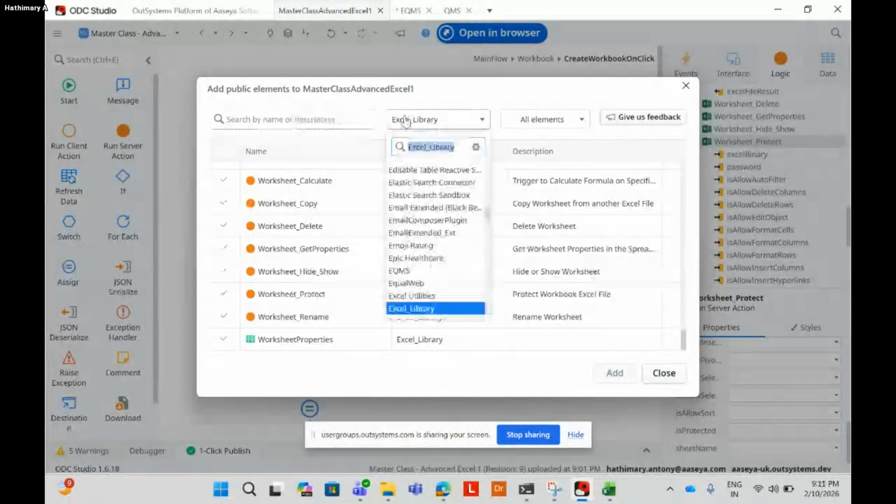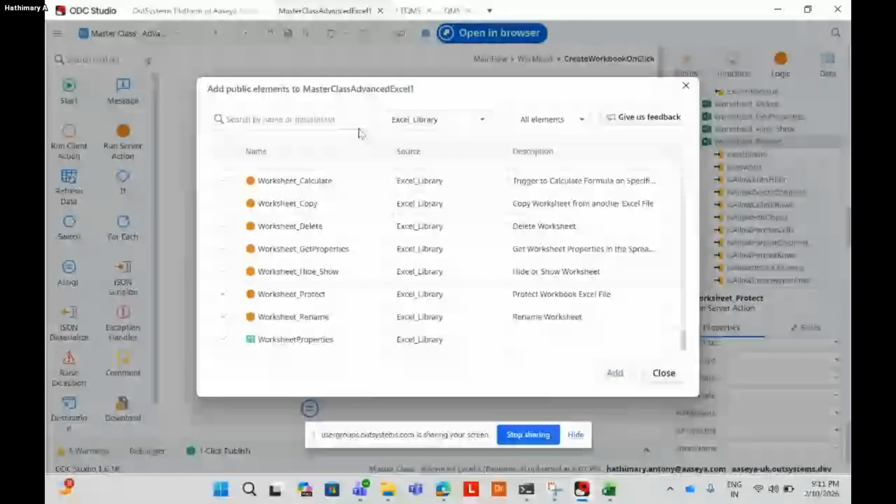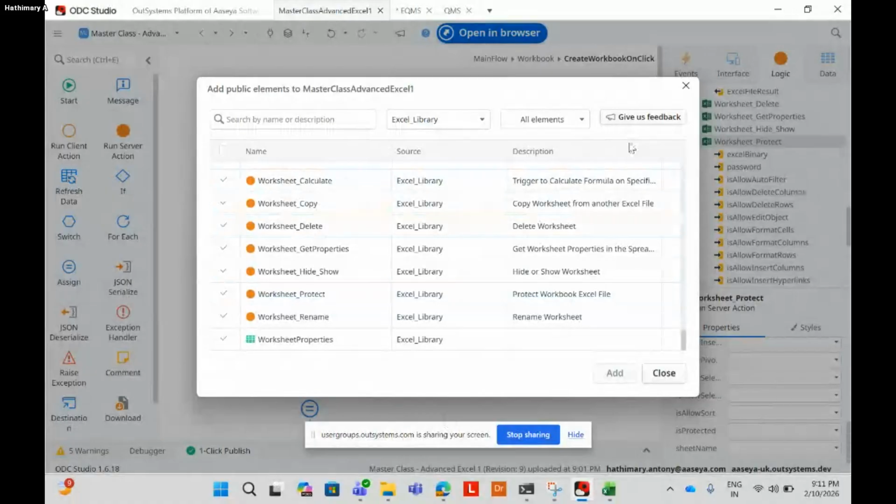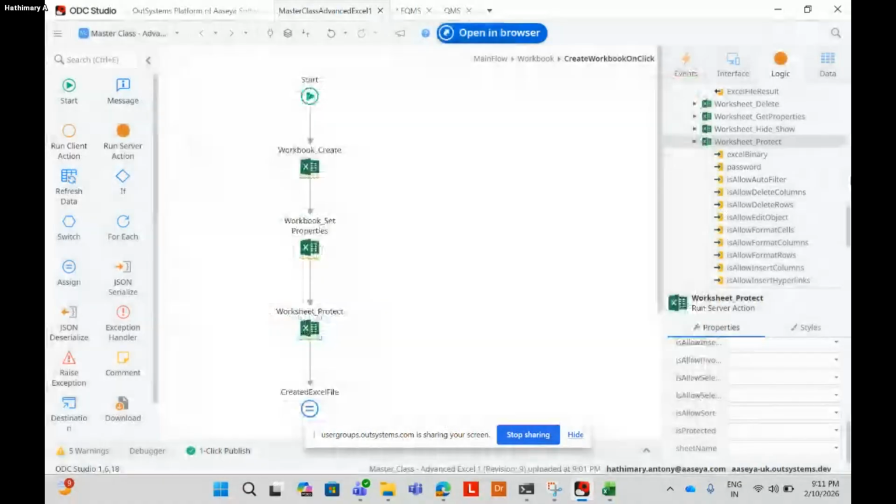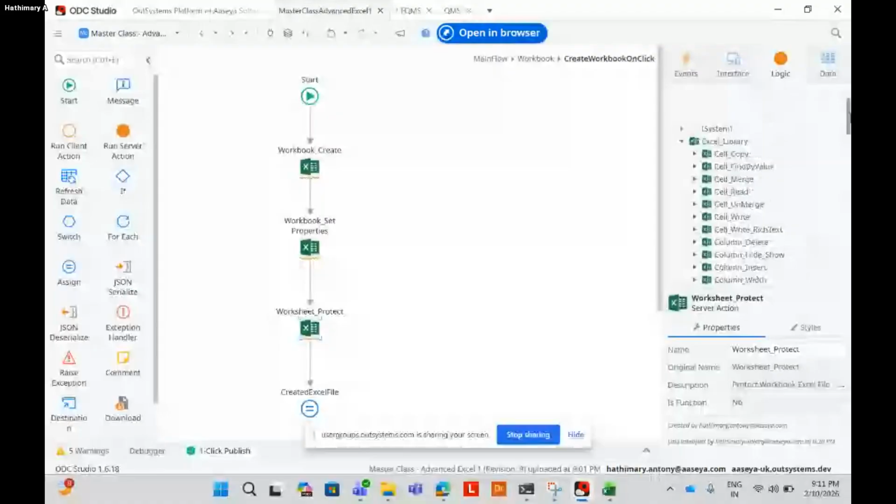You can search for the library name here and select whatever operation you want to perform, or you can consume everything. Once you finish your development, you can remove the unused elements and add the dependencies. Now I will show how it looks once you add the dependency. This is the Excel library.